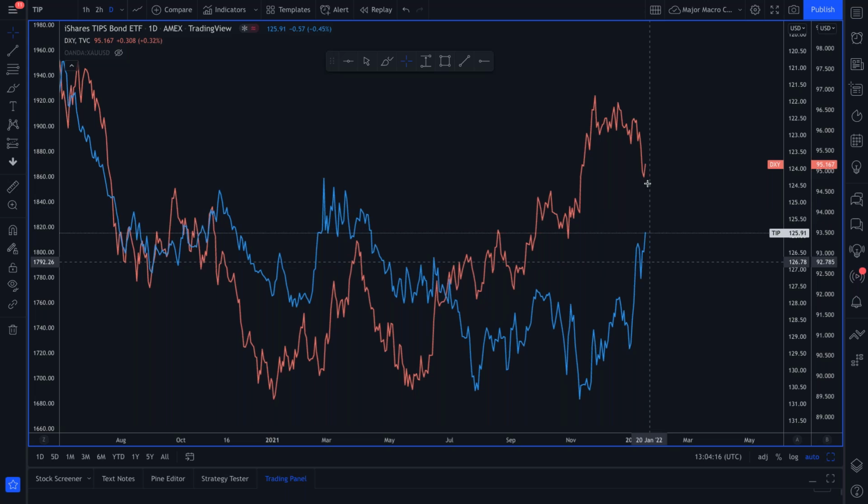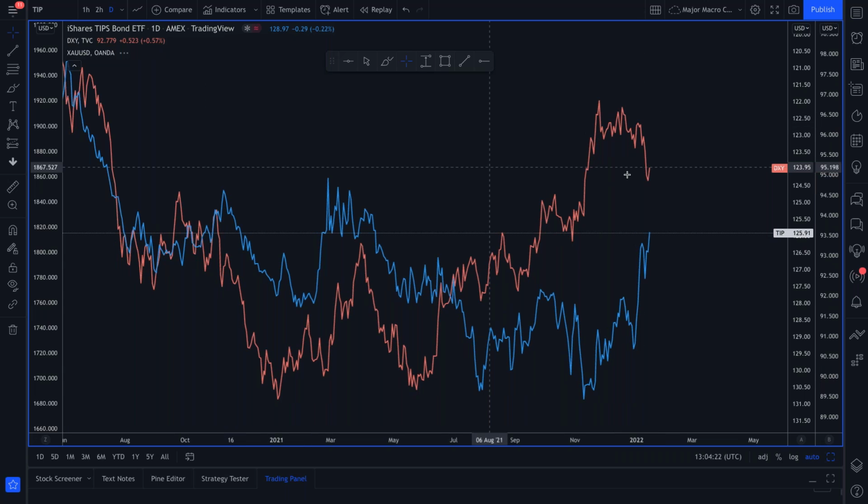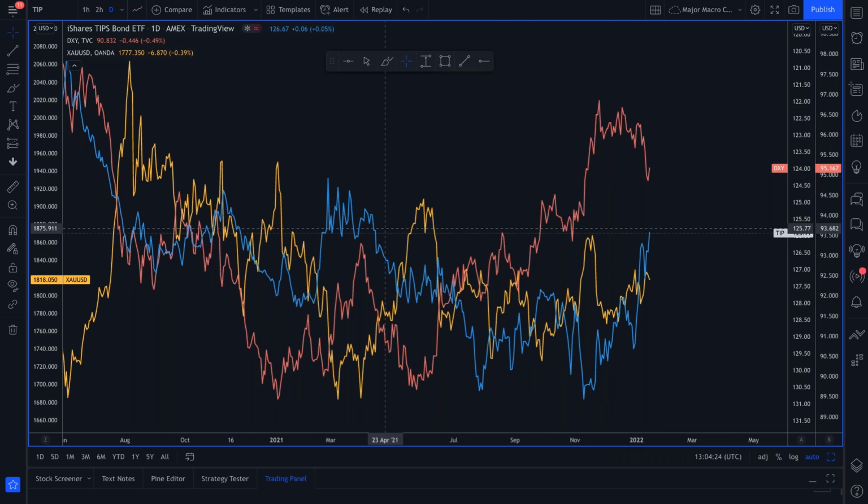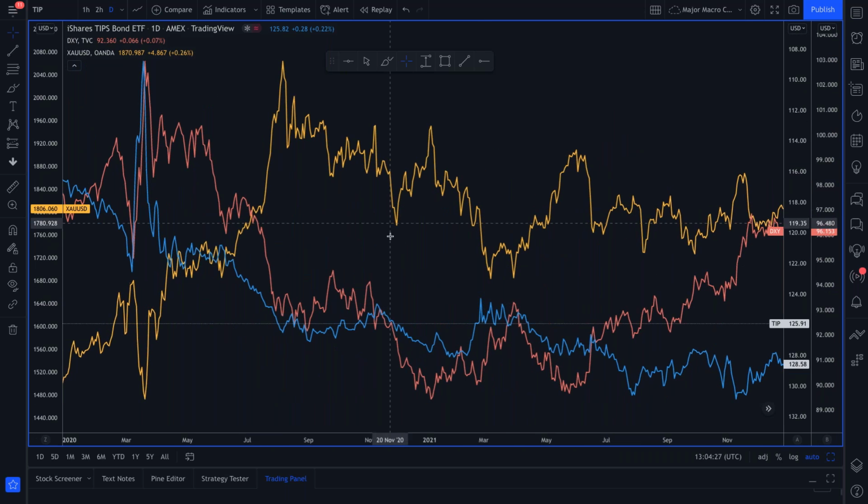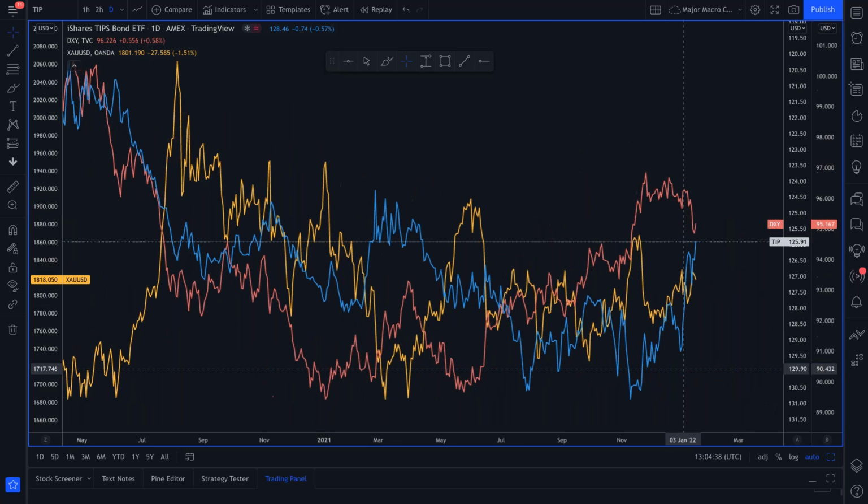So at the moment, we can see that real yields are pushing higher, but the dollar's pushing lower. Now that means gold will be pretty much sideways, okay? What you want to look for is these both moving together. So when you get real yields moving lower and the dollar moving lower, like here, December 20, you see gold moves higher. When you get real yields moving higher, dollar moving sideways, gold kind of flaps around as well.